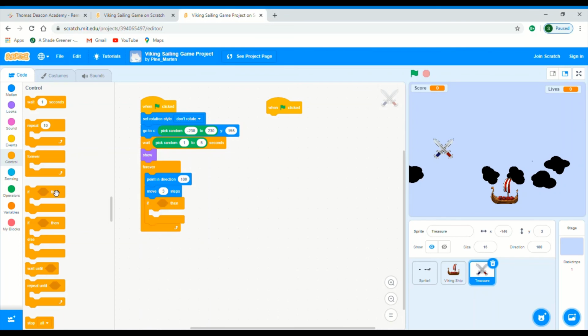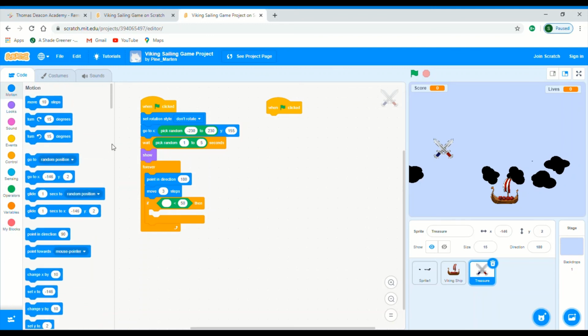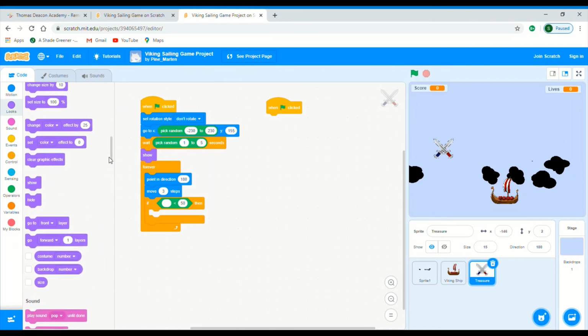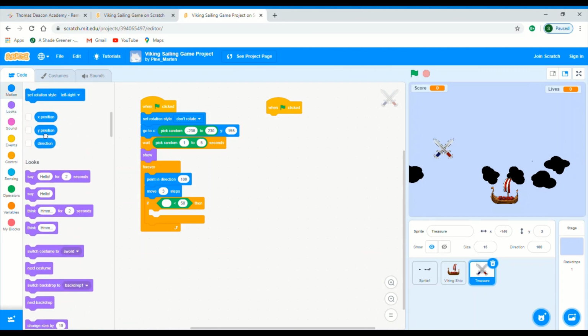If and then, if the Y position, oops, moved it all too far down. There you go. If the Y position of the treasure is less than minus 150, so if the treasure gets to the bottom of the screen, that is minus 150, it's then going to appear